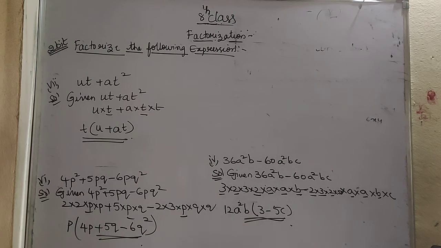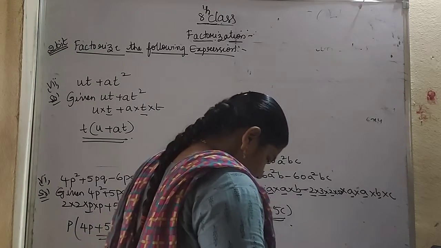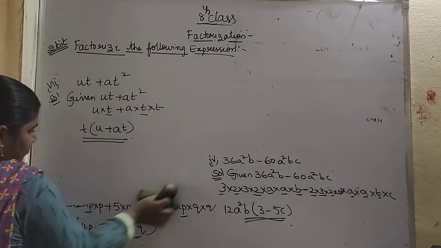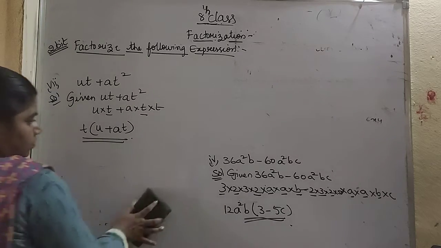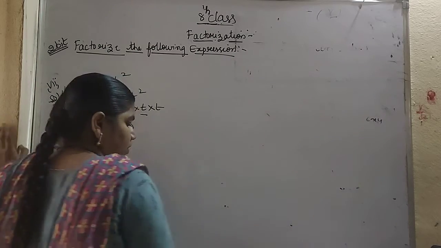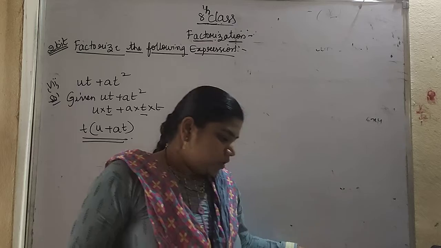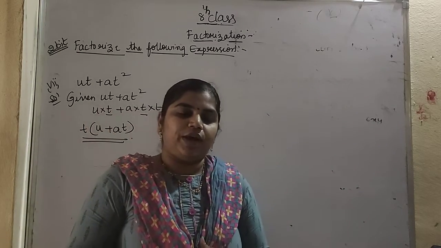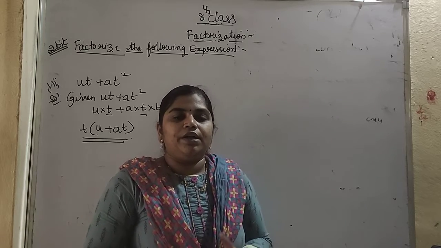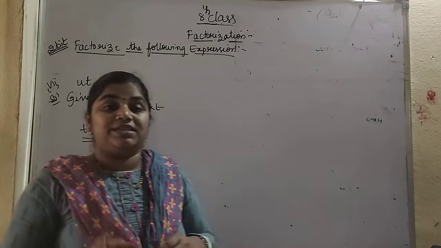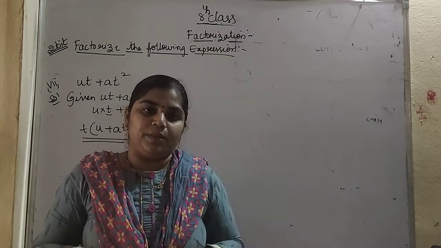Second bit, last one. So what we have learned till now. We have learned what we mean by factorization. Factorization is nothing but writing the numbers in the form of prime multiples, which will be exactly divisible. That means you will get the remainder as 0.